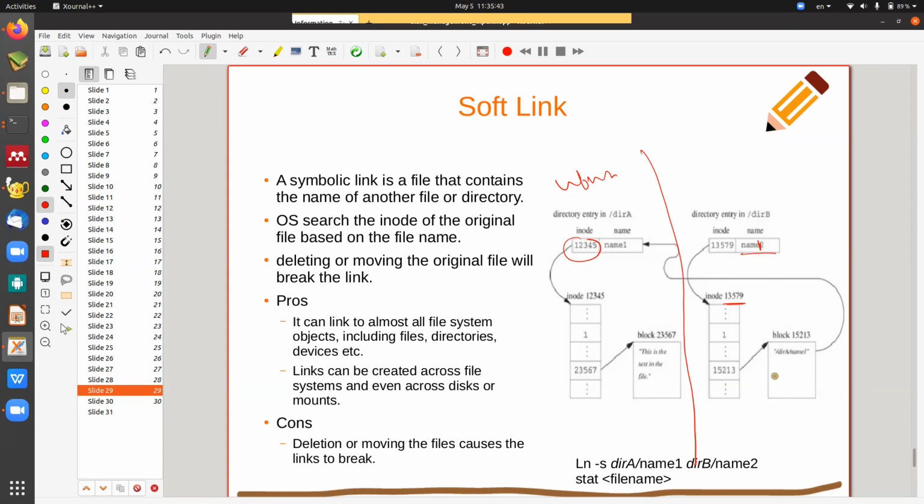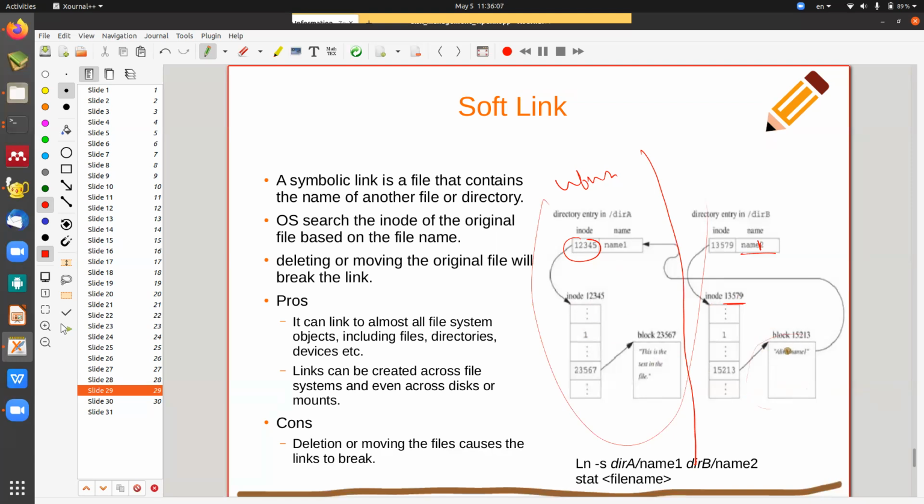Yes, you will say, sir, it did the same work, it copied. But that is a copy. Now if I change anything here, can it be reflected here? No, it will not. But a link means it is a share, and how will it share? He is saying he has created this file, but inside the content of the file, what he has written, you know, is the path of this file.